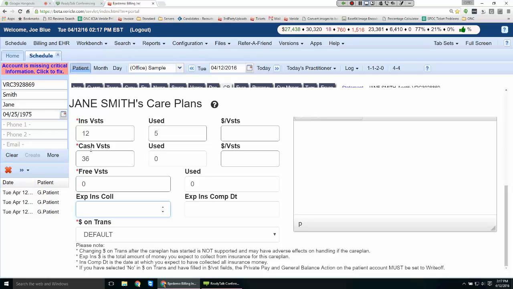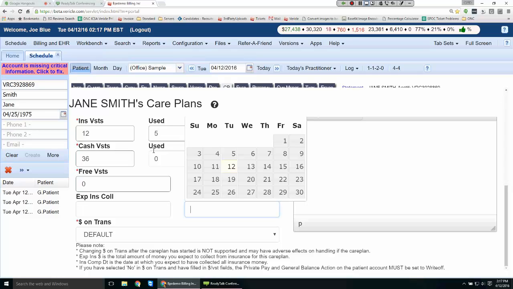Totally, in this case, for the 12 visits for insurance, you expect to collect X amount of dollars from insurance. You put that information in this field, and then you put a date in the next field by what date you expect to have collected all of that money from insurance. What this does is, when this date comes around, if the insurance portion claims do not have amounts paid on them that equal this total amount, a ticket will get opened or a task will get opened for the team